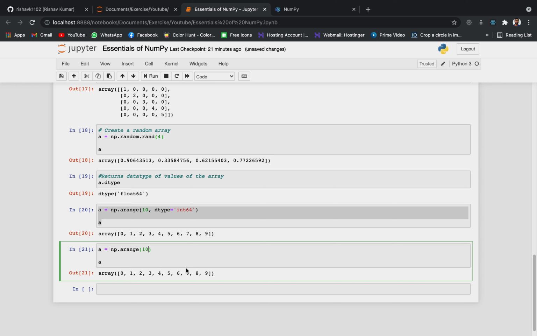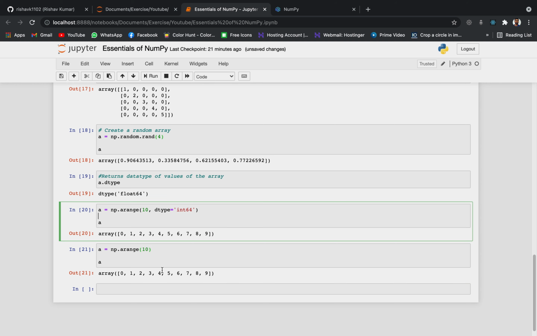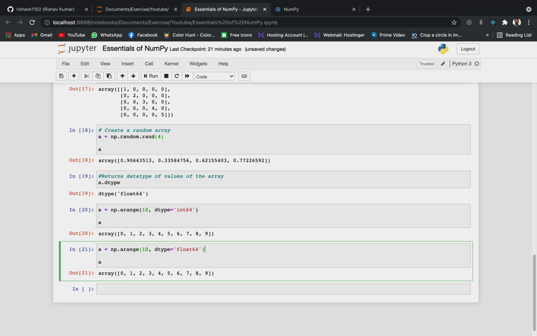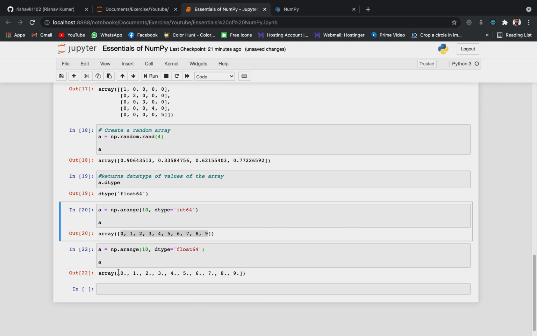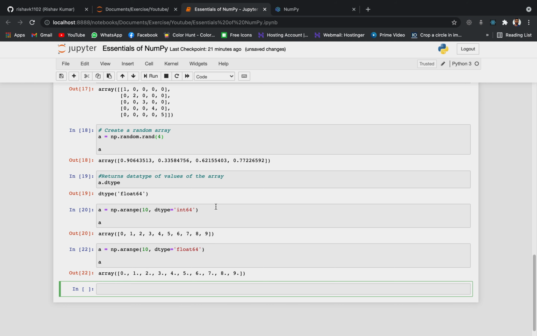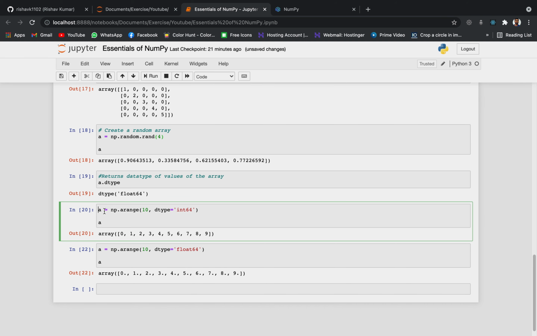So over here you can see we still get the array as integer, so that means that dtype int64 didn't have much significance. But now let's try converting this into float and see if that works or not. dtype is equal to float64. So now you can see the array which was originally integer is now converted to float. So this is how you can typecast a NumPy array. I hope this part was clear. Let's add comments to it.